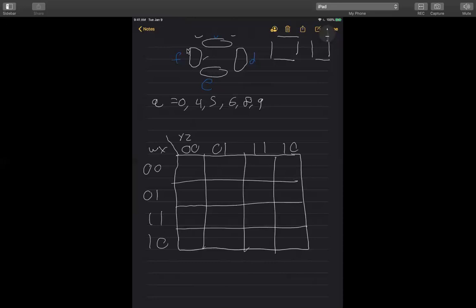So what we did in class was we went through and marked all of these X's. The reason is because on a 7-segment display, you can't display double-digit numbers. So everything from